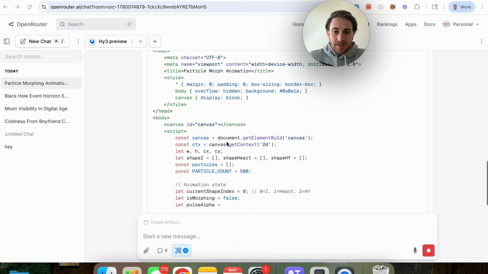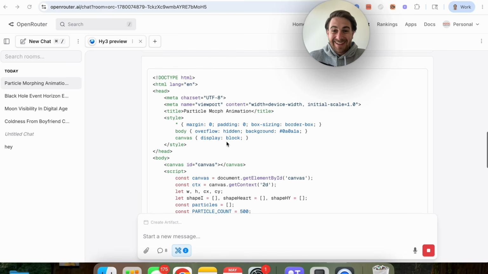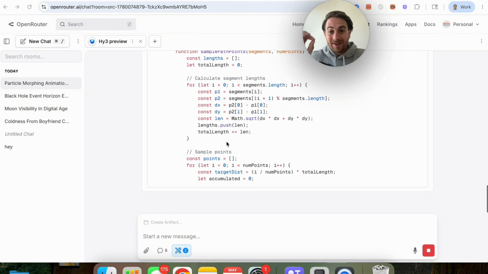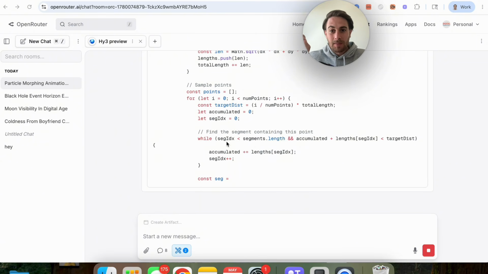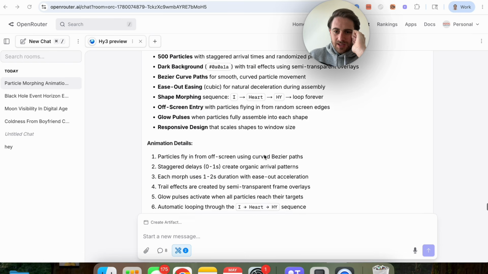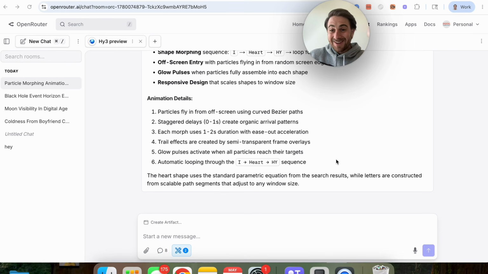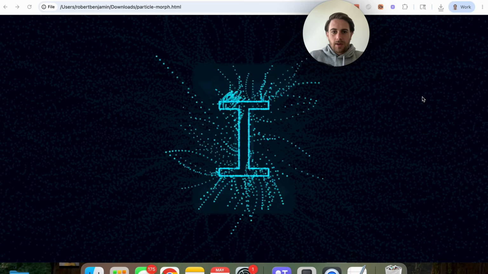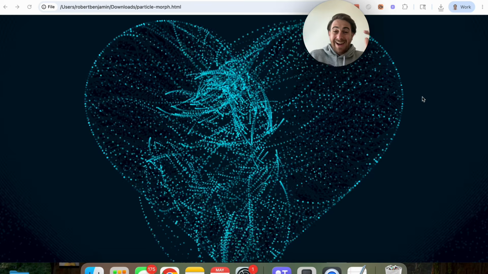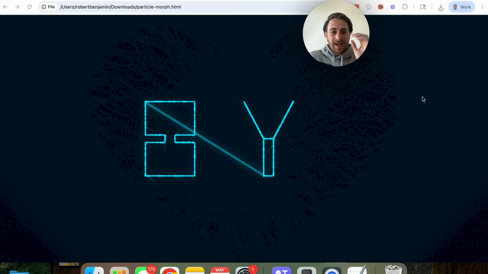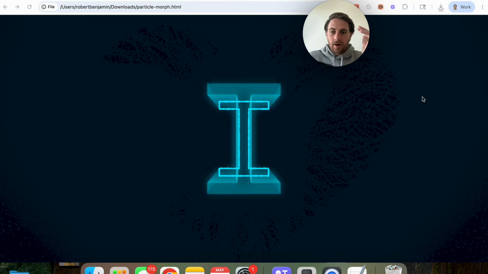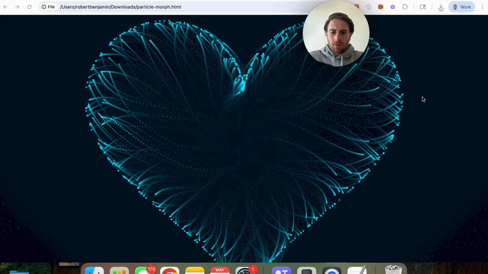And just like that, this is literally going through, this is coding this up, and this is incredible how quickly it did this. And when you see how accurate this is, you're going to be mind blown. And then now we have this single HTML file that actually contains all of this. This is awesome. Okay, so now that this is actually created, look at this. This is insane. I cannot believe that this has gone through and done this. And again, if you take into consideration how affordable this model actually is and all the different capabilities that it has,